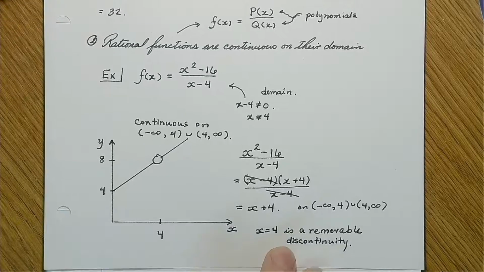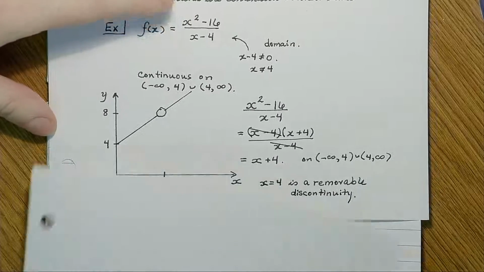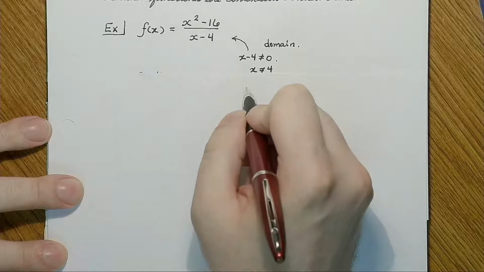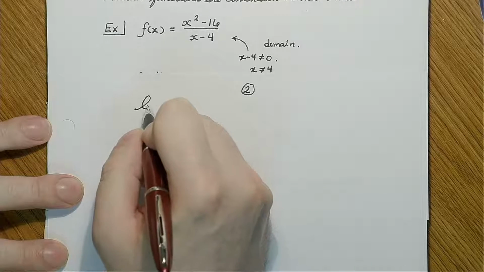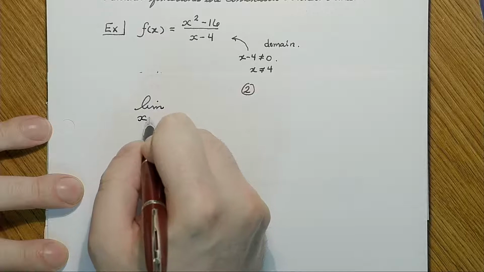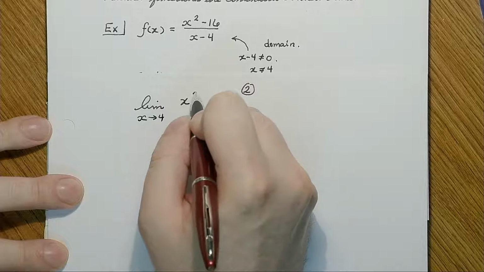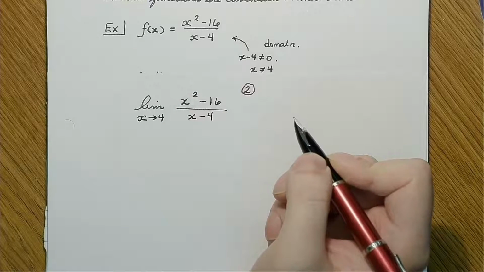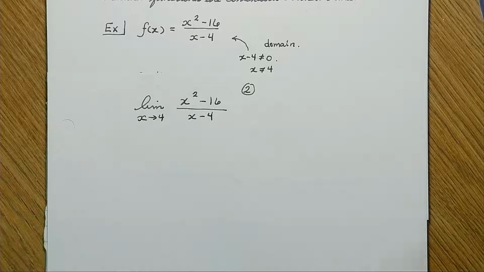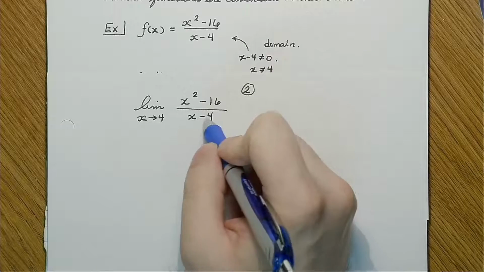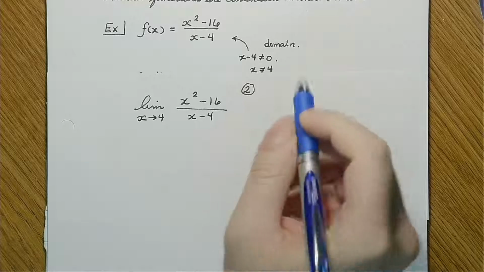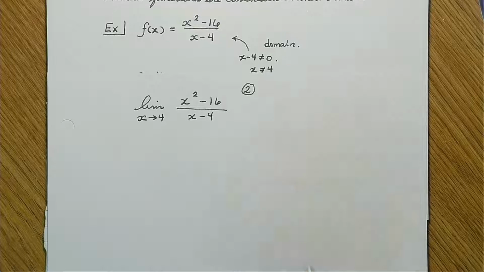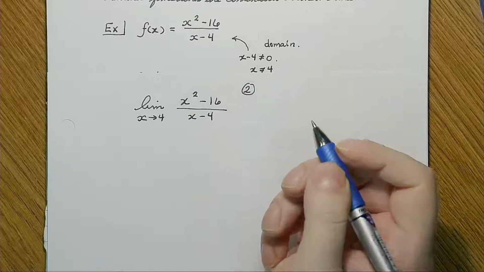So somebody might say to me, is this a trick question? The limit as x goes to 4 of x squared minus 16 all over x minus 4. They would say, oh, it's a trick question because if I put 4 in here, I get 4 minus 4, that's 0 over 0, or an undefined function, which means that I can't solve it. But